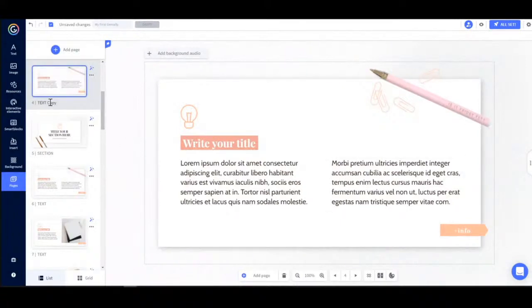So in order to do that, you just have to highlight over the name and change the text, for example. Naming pages is especially useful when you make use of the Go to Page interactivity to ensure that you are connecting your pages exactly as you want them to be connected. Perfect.